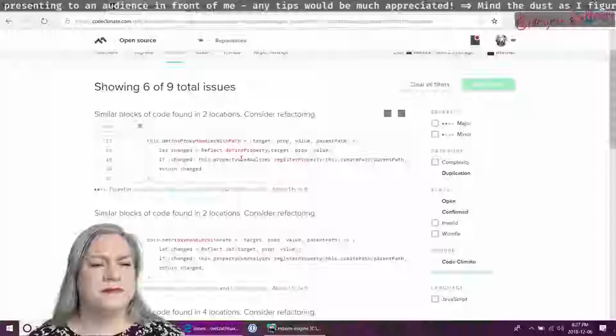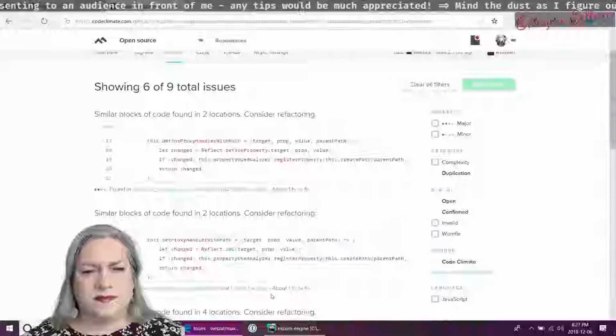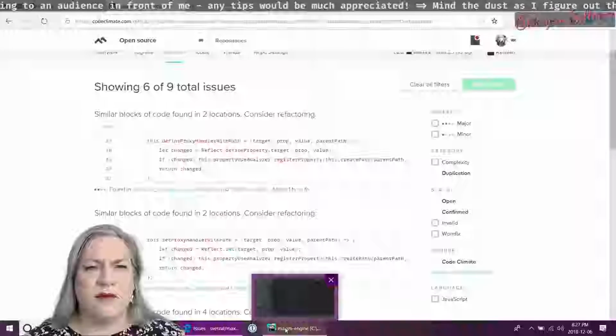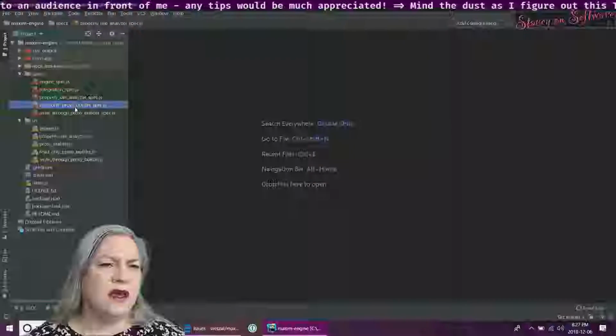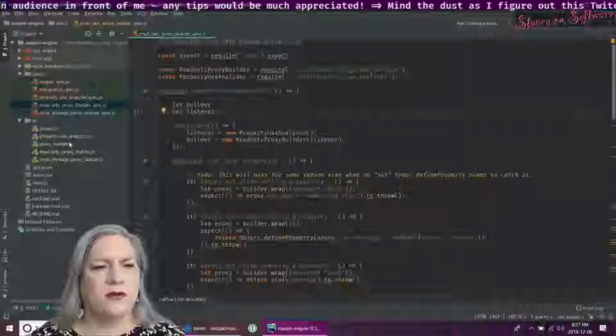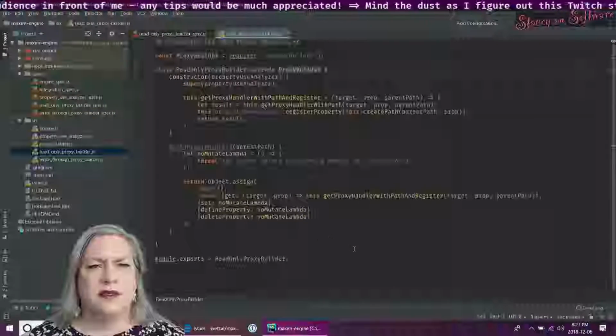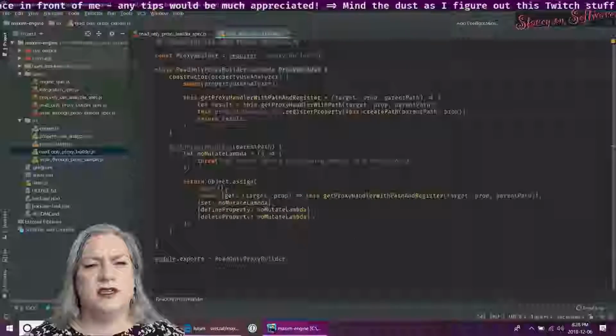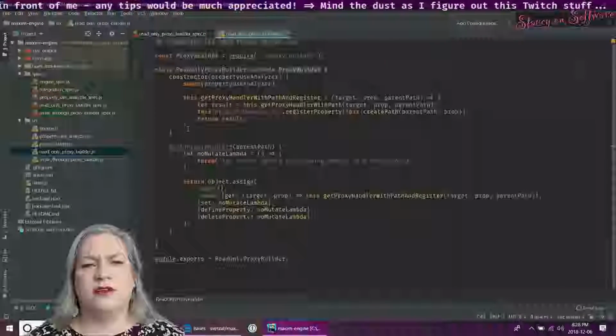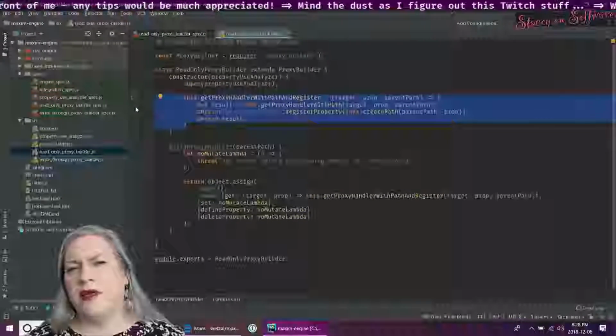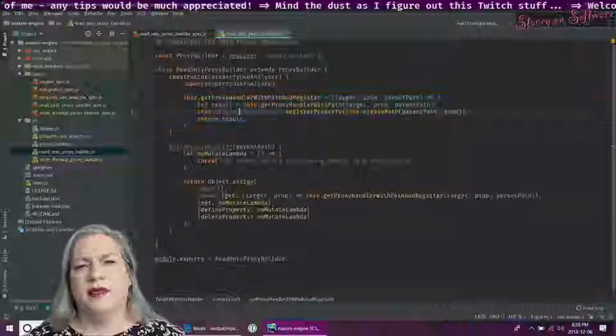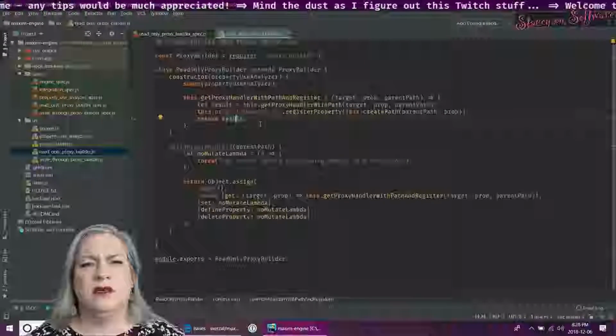We'll see. So the complaints are primarily in the proxy builders. I'm not going to worry about the spec. It's not so prominent in the read-only proxy builder. This setup method does a lot of stuff.